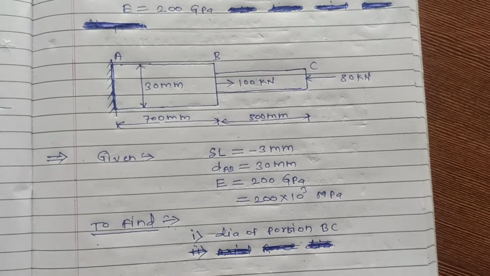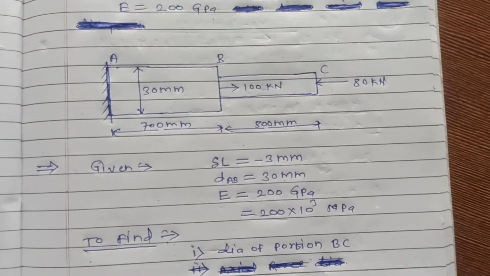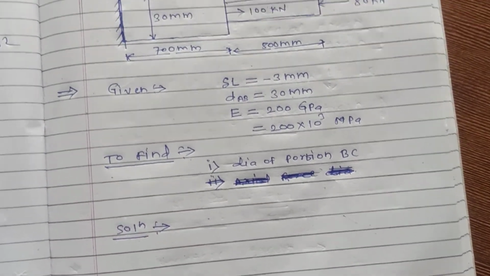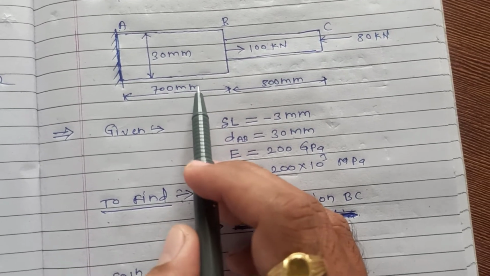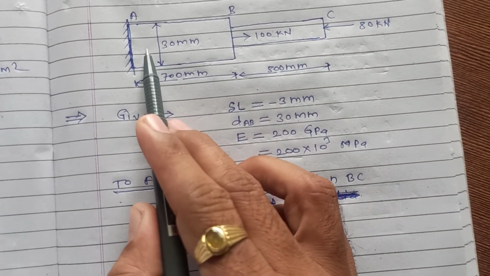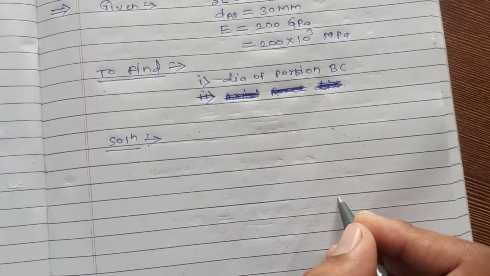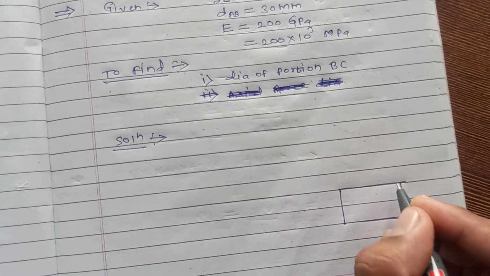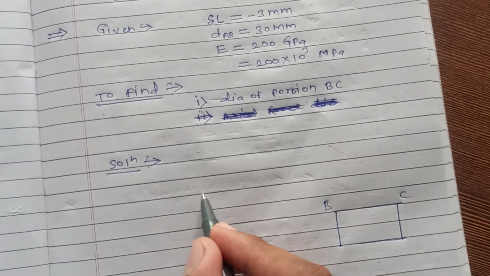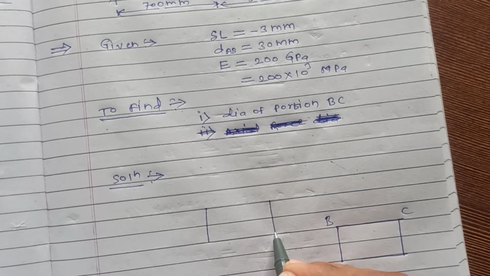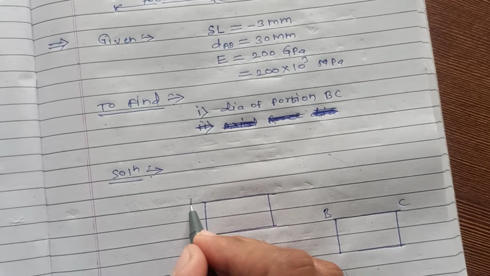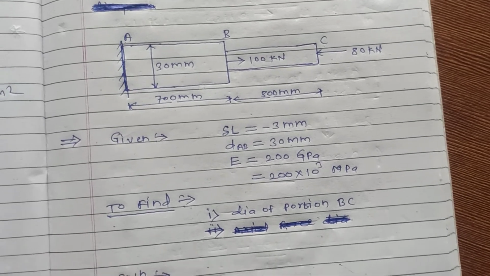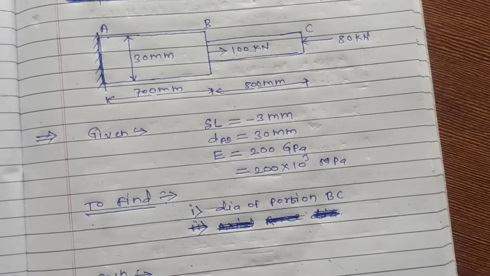We have already seen how to draw the FBD for the member. So we will draw the free body diagram for this ABC member. We will start from BC and then do AB. So this is member BC and this is member AB, the ABC member. As you know very well, we use one trick to solve such a type of problem, to draw the free body diagram.